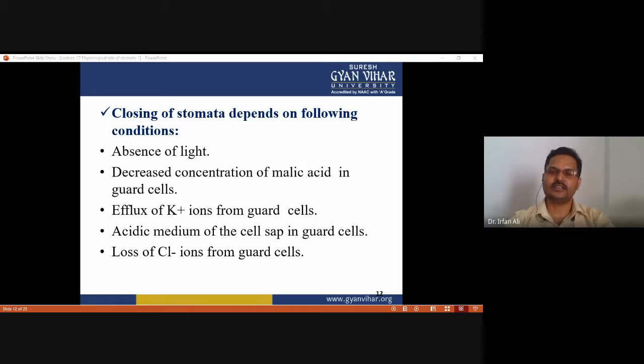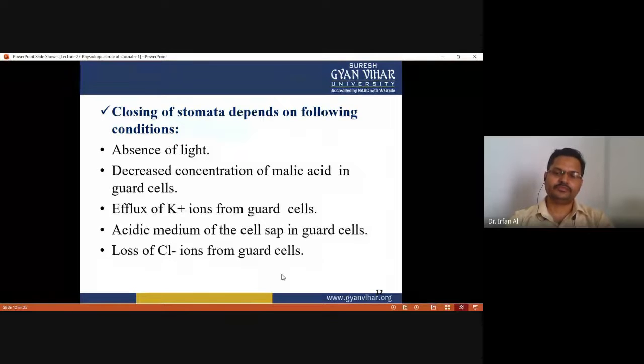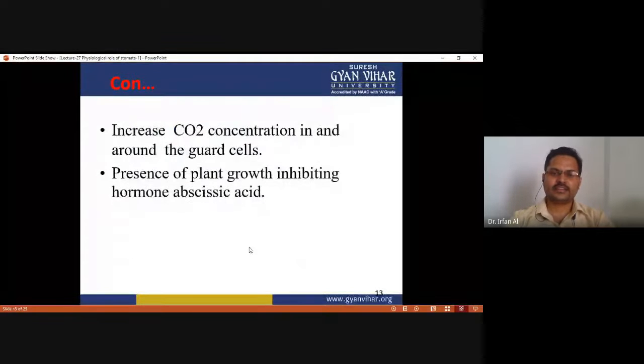So all the conditions opposite to those which favor the opening can favor the closing of stomata. Acidic medium of the guard cell favors the closing of stomata, and loss of chloride ion from the guard cell also favors the closing of stomata, and increased CO2 concentration in or around the guard cell